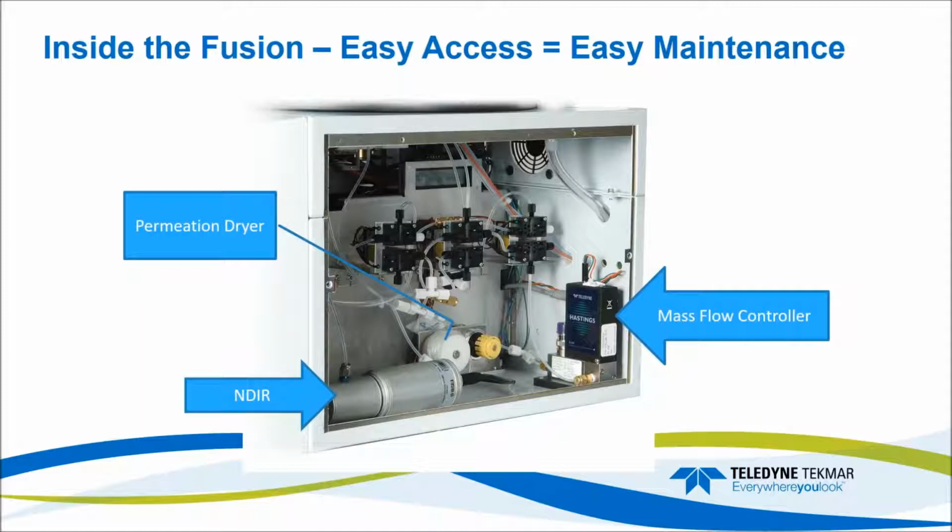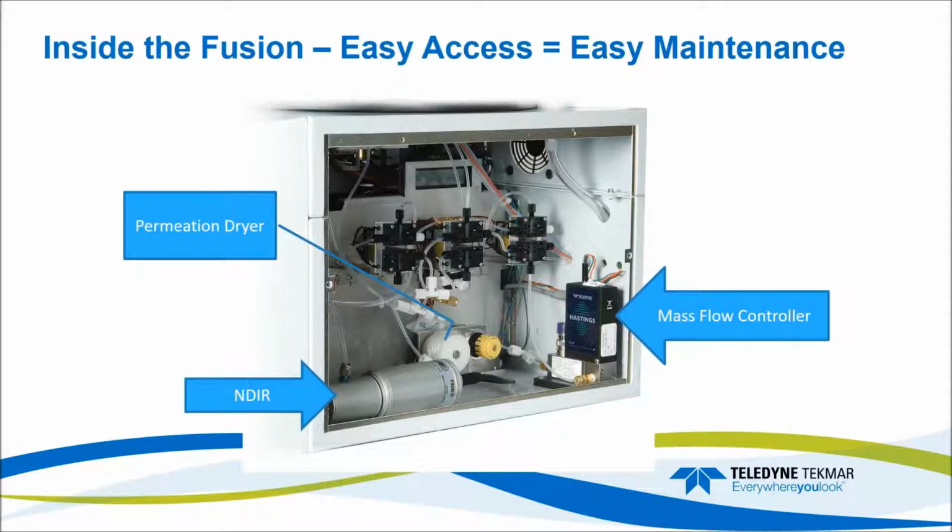So you can easily just click the auto leak check and it will do that for you. It also has a nice feature which is programmable IC sparge flow. So if you have more inorganic carbon in your sample, you can actually increase the IC sparge flow. So you can play around with things like that if you need to, due to this mass flow controller, which